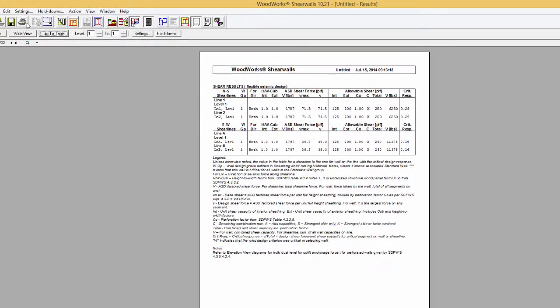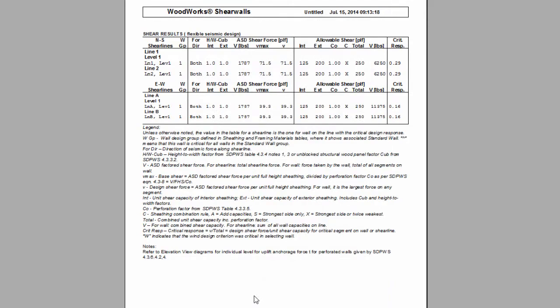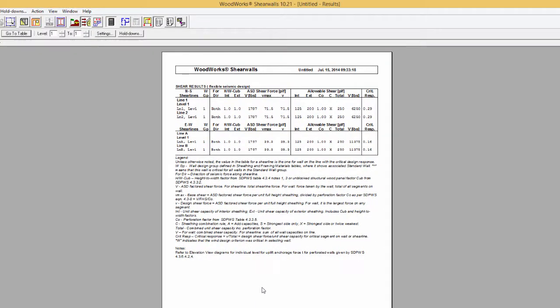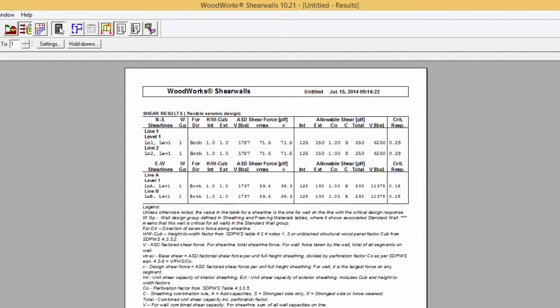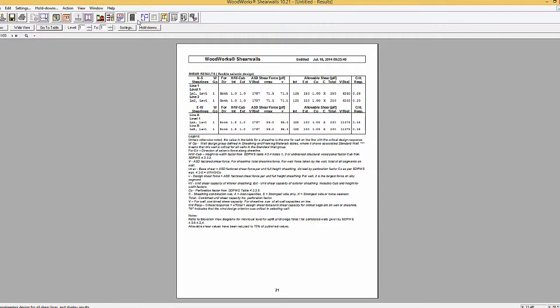Now change the building code capacity factor from 1 to 0.75, and now rerun the design. Looking at line 1, level 1, we can see that the exterior allowable shear capacity is now 150 pounds per linear foot, representing a 25% reduction in seismic shear capacity. The same concept would be applicable for the wind reduction factor. Going back to the explanation of the design results table,